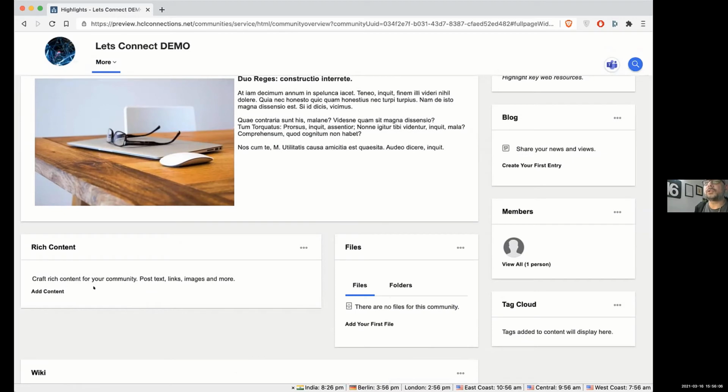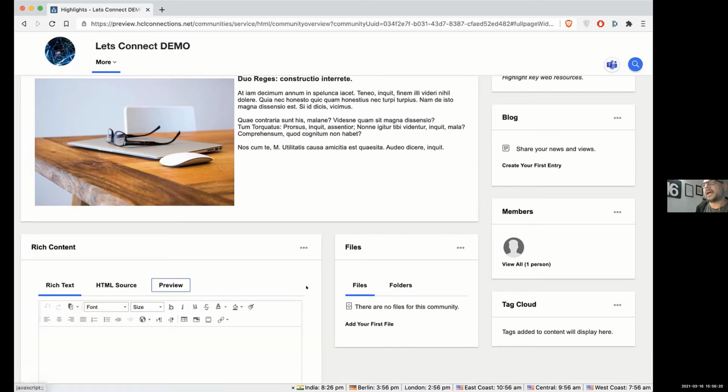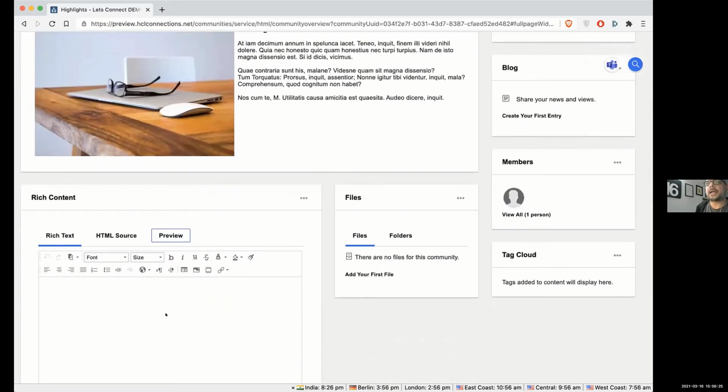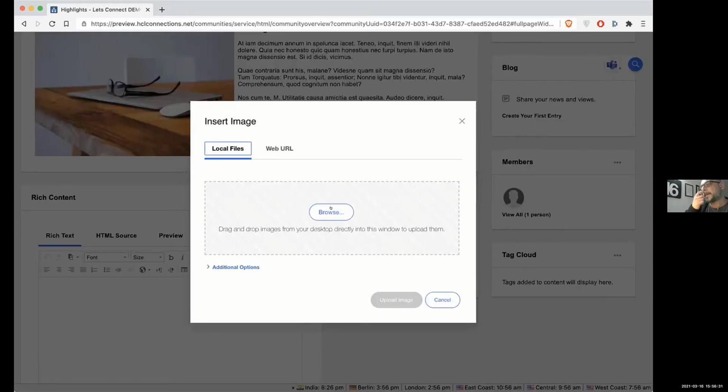Now, we have this rich content widget down here. It's an app, actually. It's not even a widget in this case. So this is something that we can, if I go and add content, I'm going to get a similar editor where I can put in, in this case, which is useful, an image on my computer. I don't need to have an image uploaded onto my files and then copy the link or bring an image in from anywhere else. So let's browse, and I've got an image prepared here that I know already that it will take